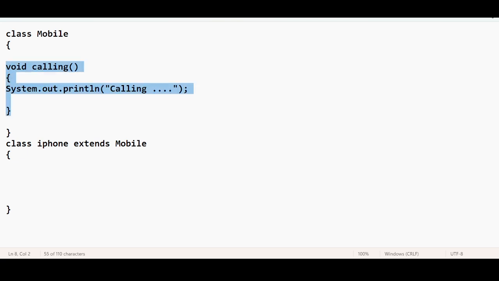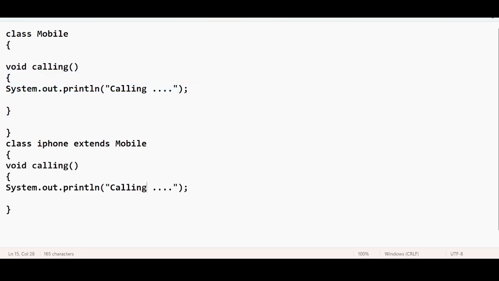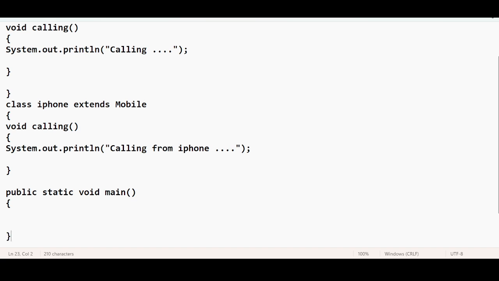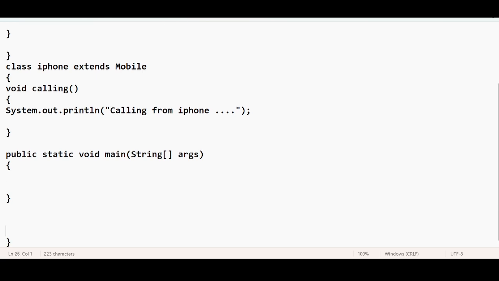Let me copy the same method and paste it here. This time, calling from iPhone. Let me take the main method, public static void main, String array args. Perfect. Our program is perfect.